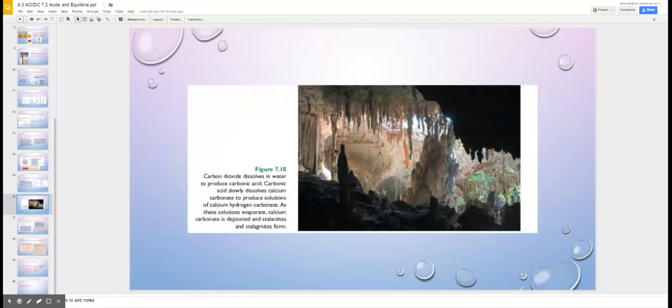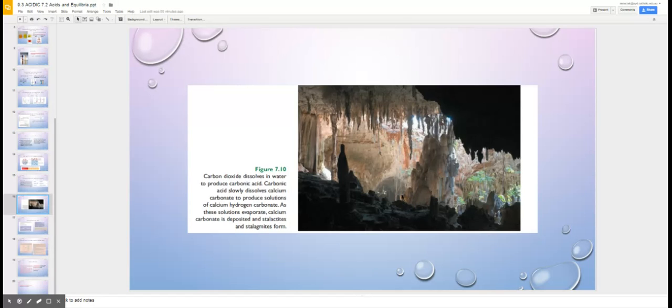Now in nature, carbon dioxide dissolves in water, and that produces carbonic acid. The carbonic acid and a carbonate, we've got limestone here, that's calcium carbonate. Acid and a carbonate makes salt plus water plus carbon dioxide, but before it does, it makes the bicarbonate ion. And the calcium bicarb is actually soluble, so it runs down here and drips down here, and it will land down here. And down here, there's less carbon dioxide, so the whole process is reversed, and you end up